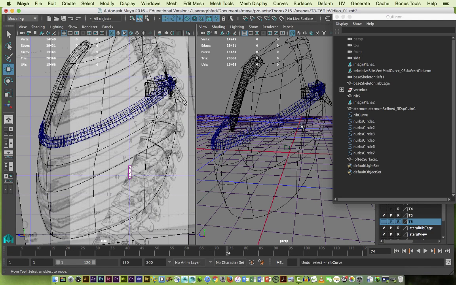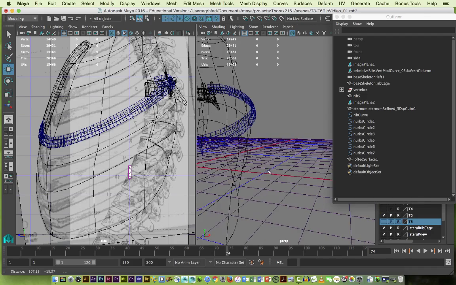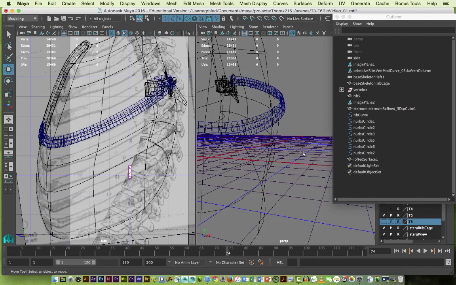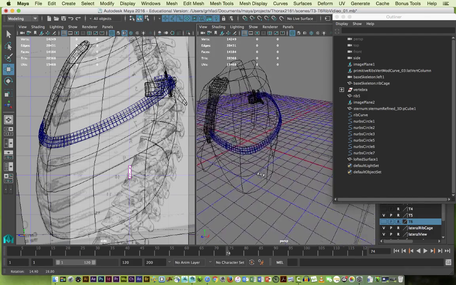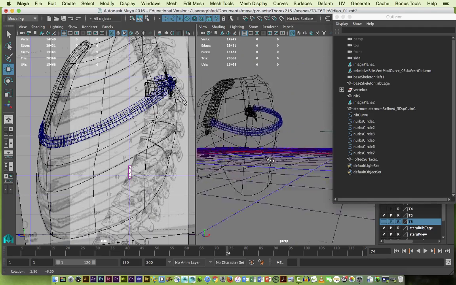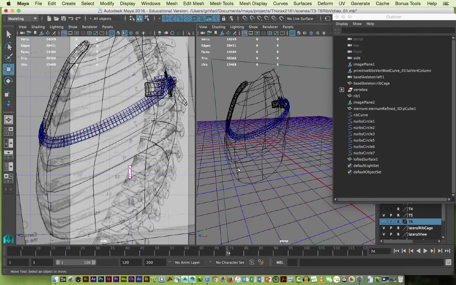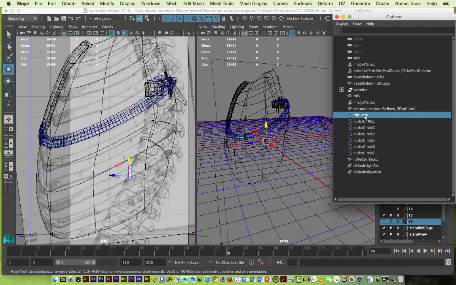I want to duplicate what I've made here. I want to make a copy of that rib, and if I can, still leave the circles so that they can change the shape and keep the curve as my reference. Okay, so what I'm going to do is select the rib curve in the outliner here, and I'm going to